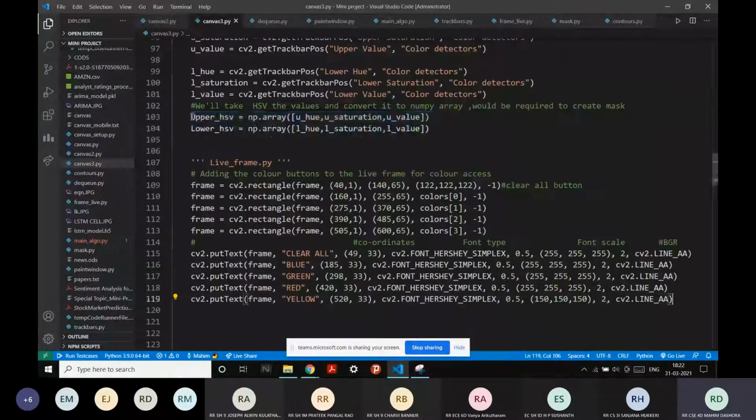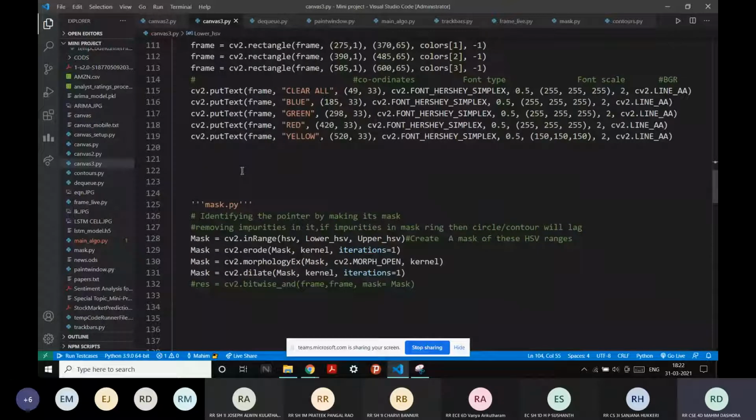As I said before, we'll be converting these HSV values to a NumPy array. Now we'll be using these low HSV and upper HSV to create a mask so that our mask can know, okay, HSV values are set.